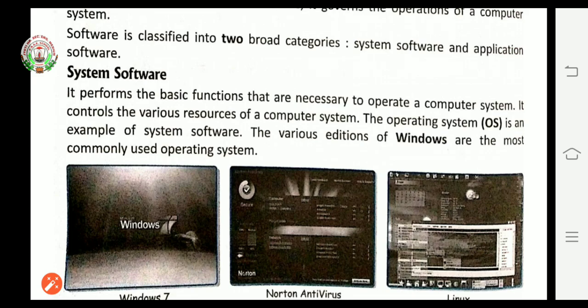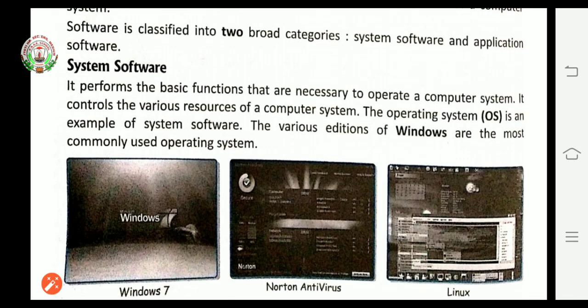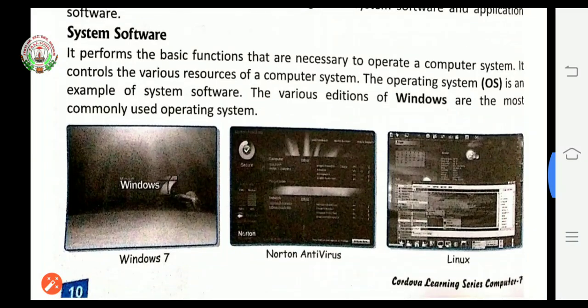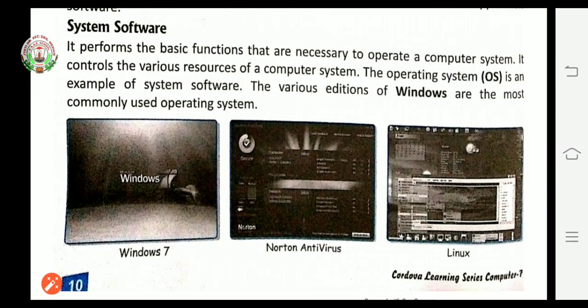Here are some examples of system software: first is Windows 7, next is Norton antivirus, and last is Linux.